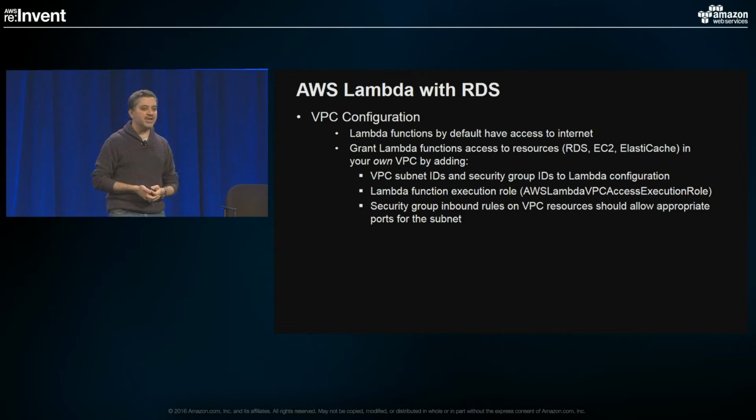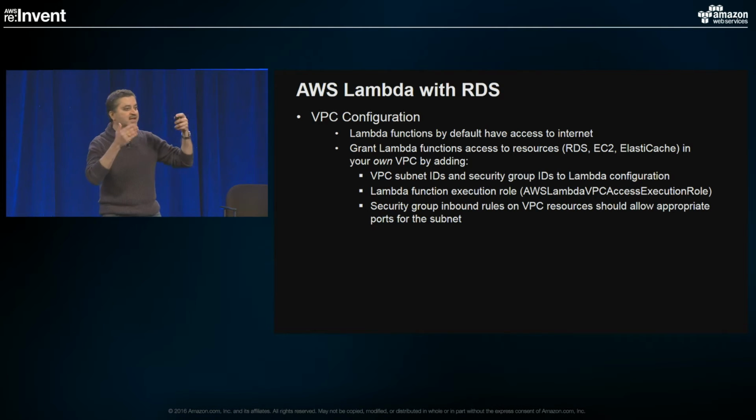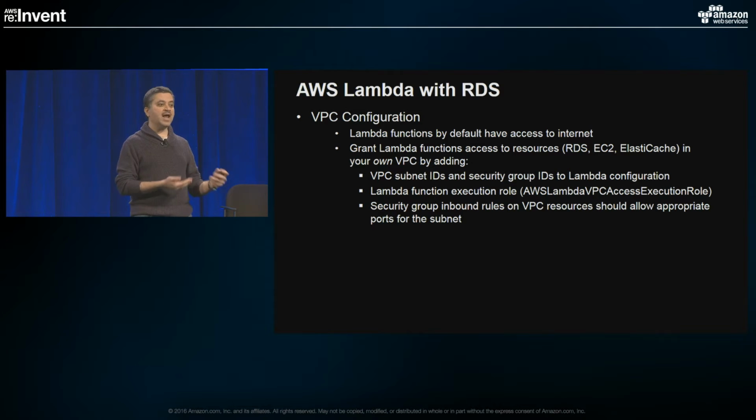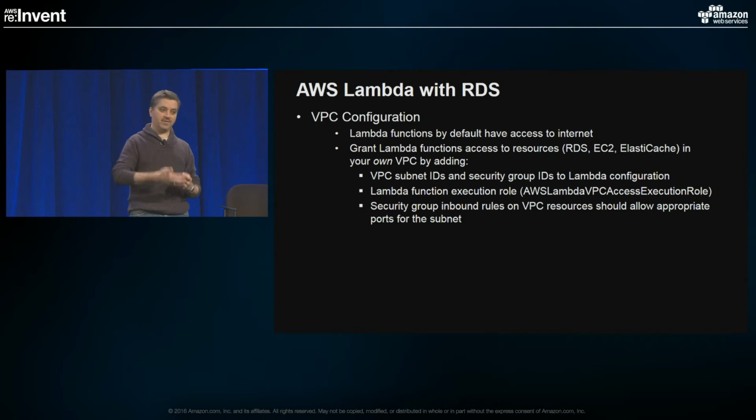So number one, you need to make sure that you allow the appropriate subnet and security group configuration within the Lambda. I'll show you that in a minute in my demo, where you can easily specify what subnet your Lambda function should be able to talk to with your VPC resources, and the security group rule that the Lambda should be able to interact with your resources. In addition to that, Lambda would also need to have an IAM function execution role. Because it will not have default access to the resources, you would need to explicitly assign an execution role to the Lambda function so that when it needs to talk to a VPC,